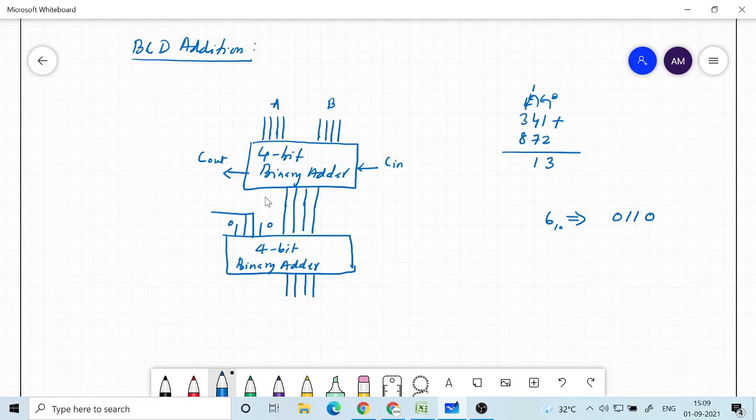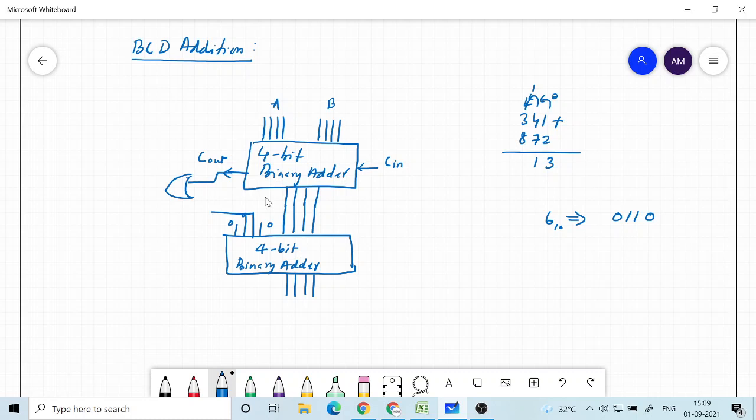So all that we need to do in order to add 6 is to make the middle 2 bits 1. And when do we need to do that? One case is when we have a carry out, that is our third case, and the other case is when we have an invalid code.